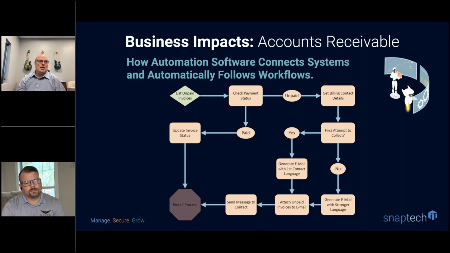Jared, any comments about this particular process, or just in general? Yeah, I mean, the great part about something like this, first of all, is you can build in some error checking, because no one wants the embarrassment of reaching out to a customer to find out, well, hey, I paid that invoice, you just haven't credited this to the account. So yeah, you can add that safety check at the very beginning to make sure that you're actually taking action